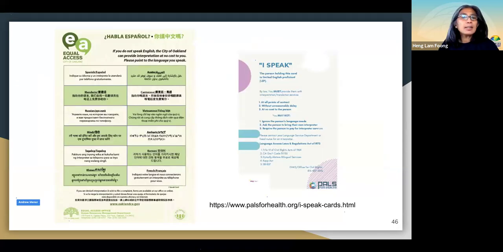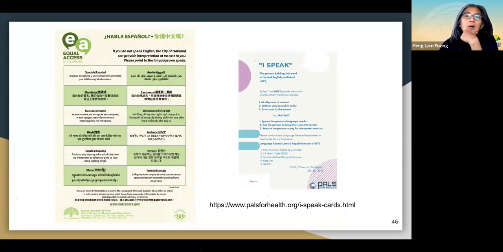Let's pass this one. And I just show you some images of what language ID posters or I Speak cards can look like. So to the left, you'll see an image that I found on the website of the city of Oakland. It actually shares that you have the right to ask for an interpreter at no cost to you, and they do this in 8 of the dominant languages that are served by the city. To the right is one sample, and I know more are being created, including by Asian Resources, Inc., ARI, and